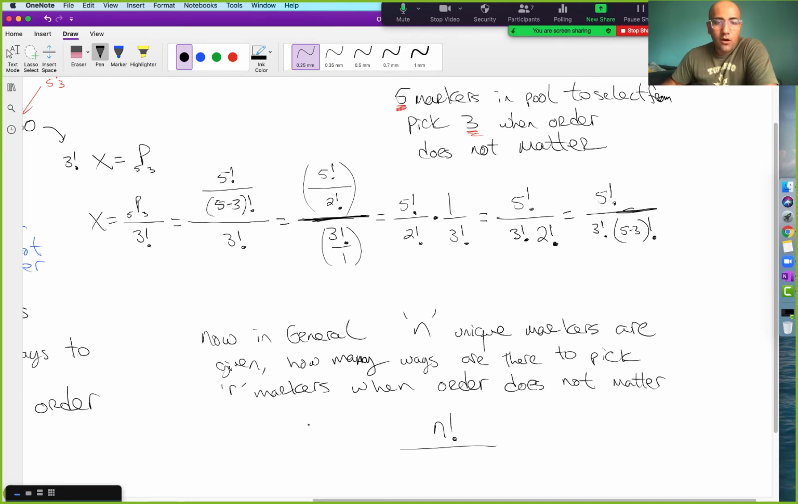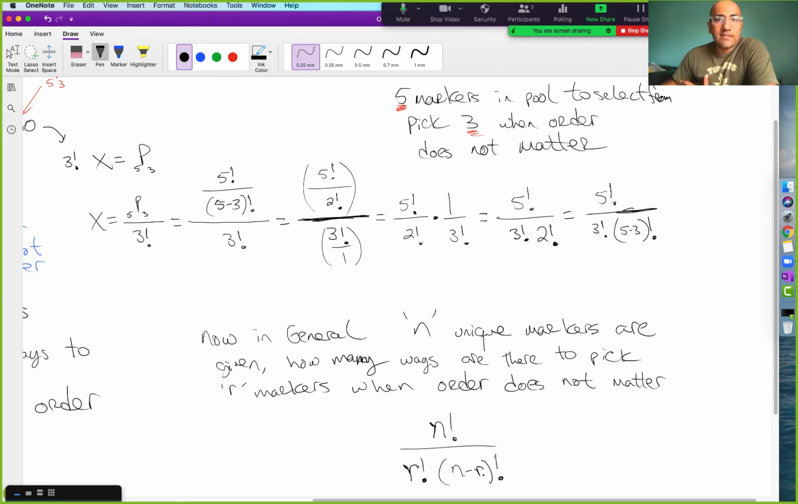So that would be the r. So there's going to be an r factorial here. And then we have a 5 minus 3, right? Sort of the difference, the ones not picked. So that'll be n minus r, parentheses, factorial. Good. So n is how many you have to choose from, r is how many you're picking, and n minus